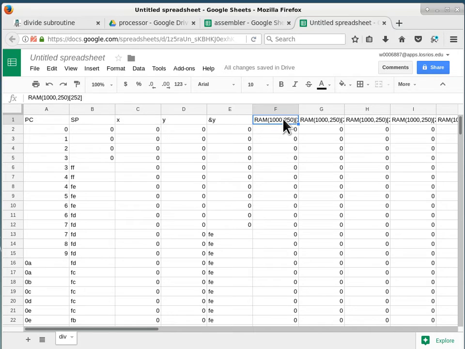In the nested call, this position is the null address, but in the outer call, it becomes the divisor, which is 5. Okay. This one is also dual purpose. In the nested call, in the outer call, this is our dividend, which is 7. But in the nested call, this is our